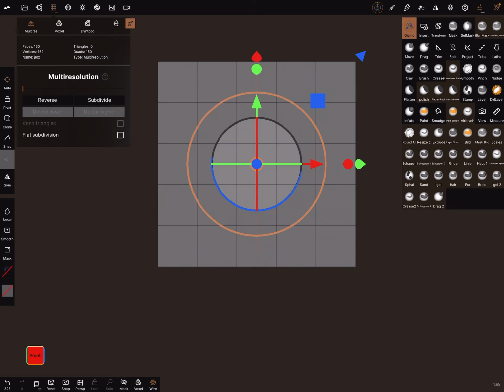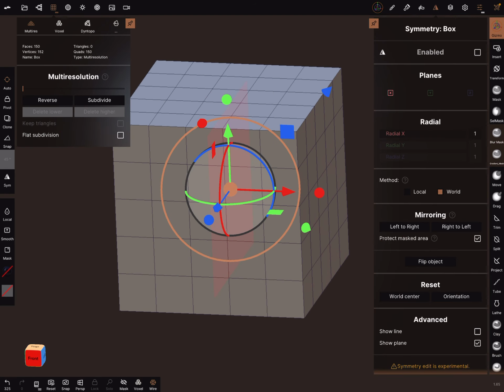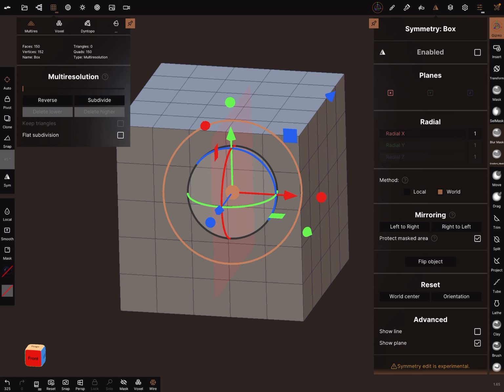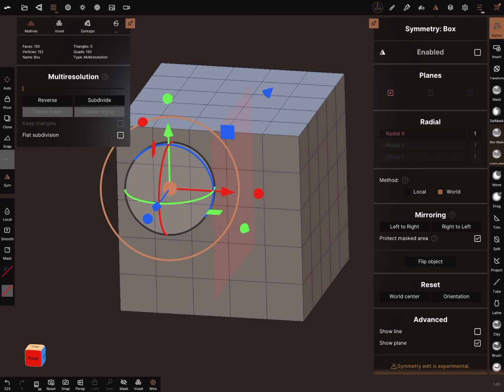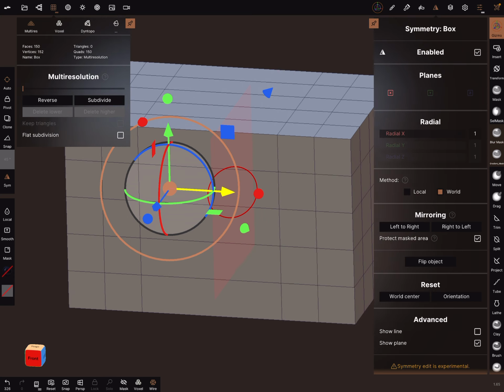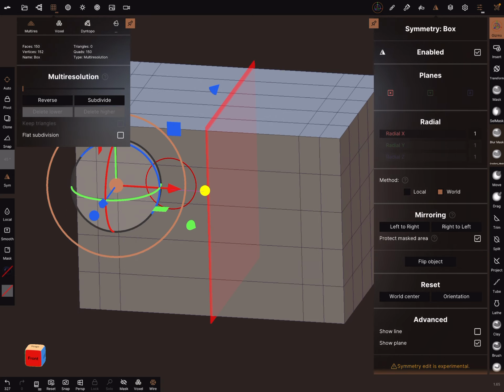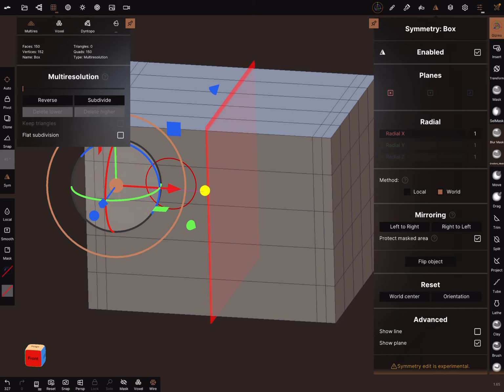And now, in the symmetry, the x-plane is active. And when you turn on the left side the symmetry, the gizmo jumps. And now it's possible to scale the object. And it's also possible to use the ball to scale your grid.